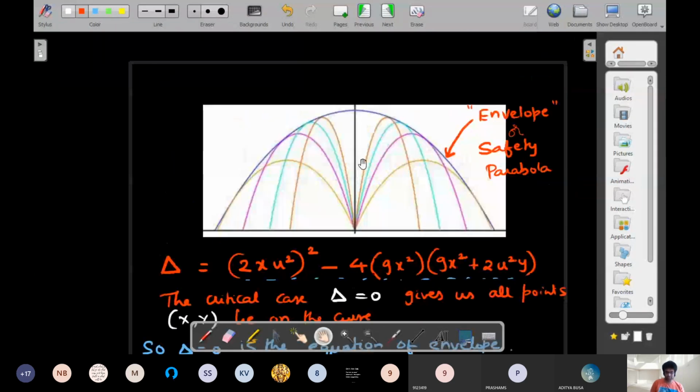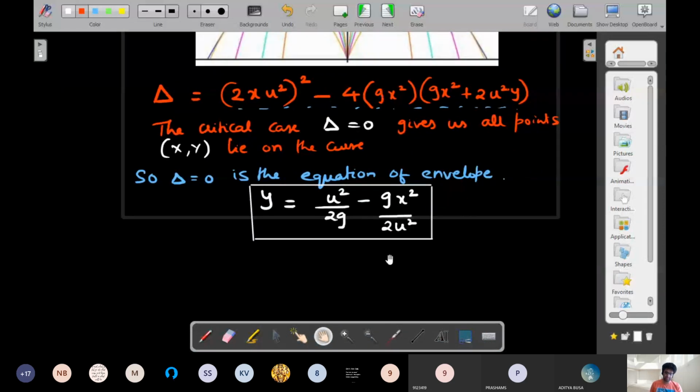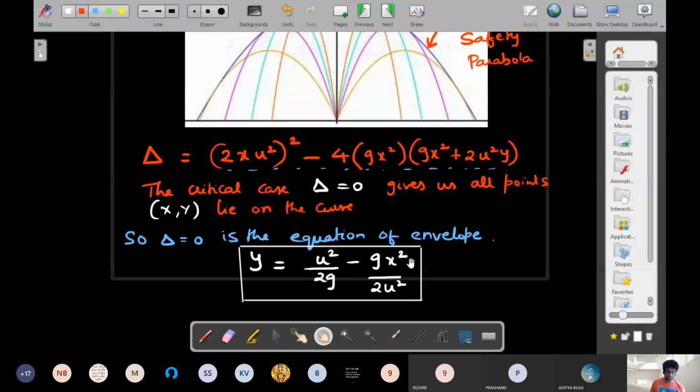So in the future, if you don't remember the formula, I again don't recommend remembering the formula, just remember the concept of deriving the safety parabola. Then this point is easily known under a special condition, and this point is also easily known under a special condition. Remember, only 2 points is not going to decide the parabola, but if it connects here and here and here, then you know 3 points, and using 3 points in a plane, the parabola becomes a unique one. So using that logic, you can always arrive at this final answer. Okay, so this was the discussion that I wanted you to have under the concept of safety parabola.